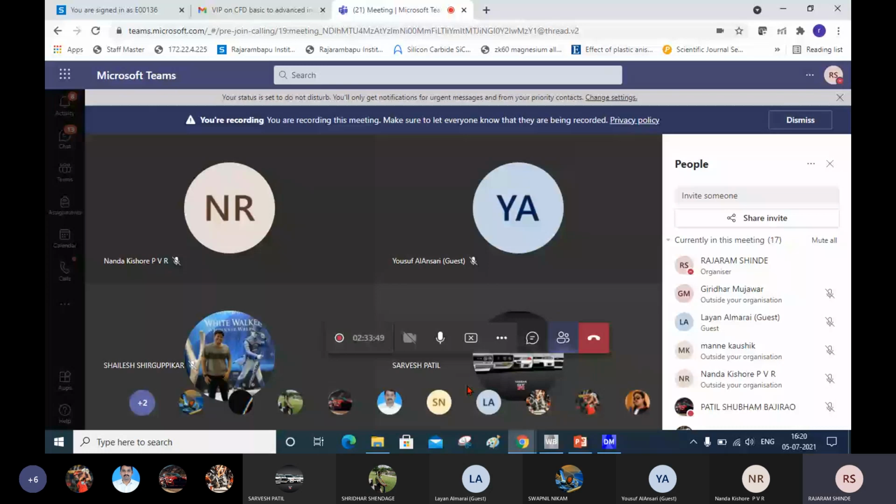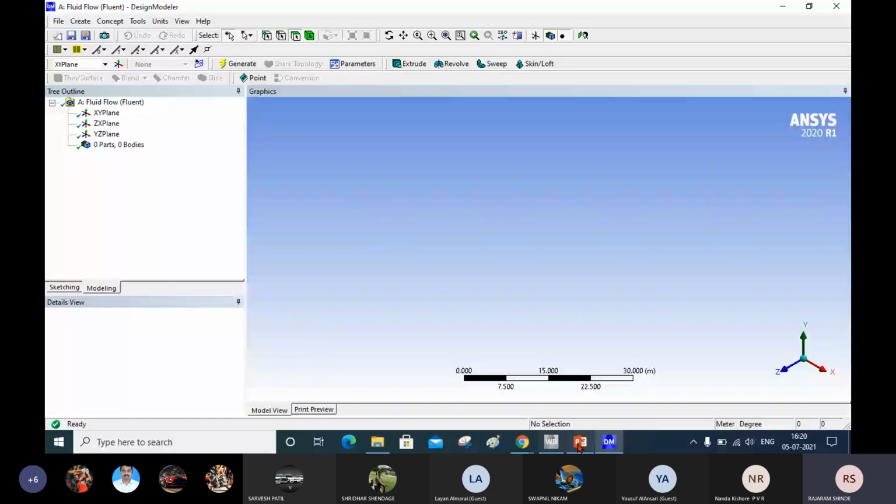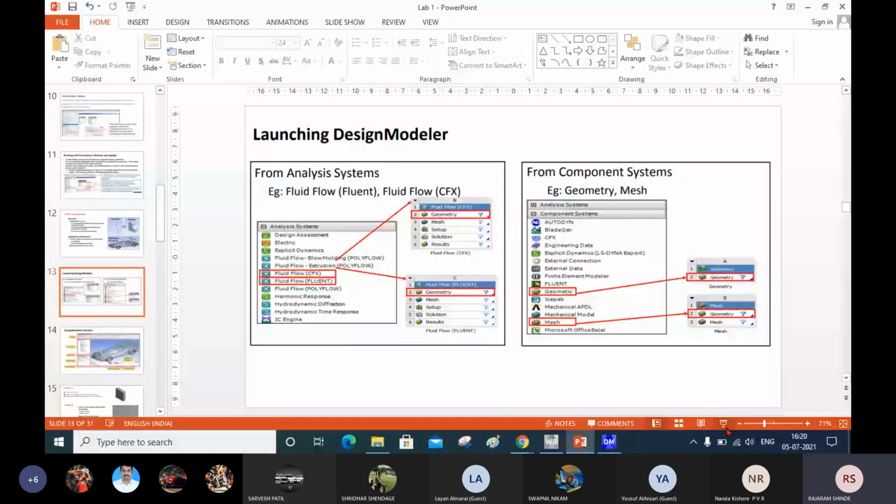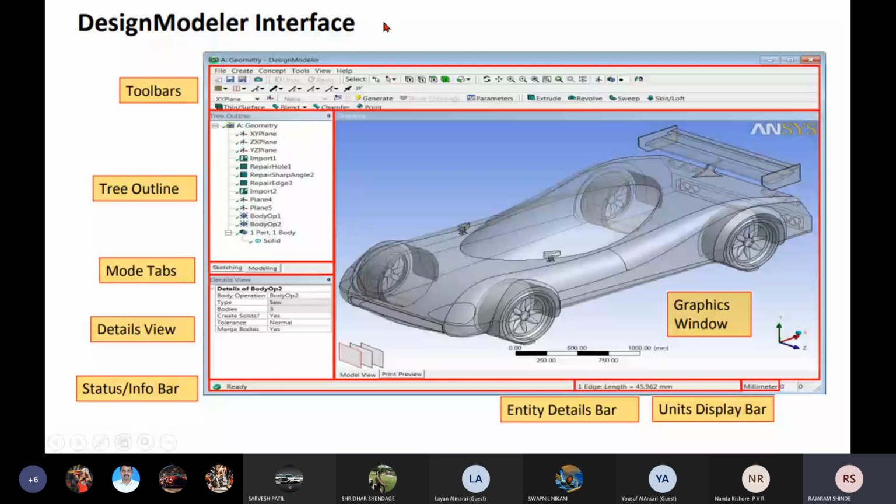Now you can see here this is the design modeler interface. I am showing this on the PPT, and the same interface you will get when we do these different operations. Now here these are the toolbars on the top, and there are menu bars also.